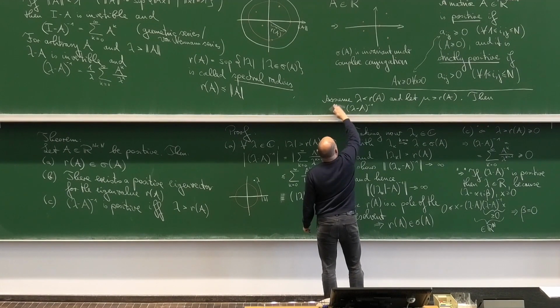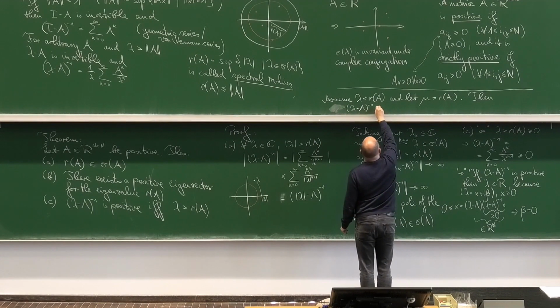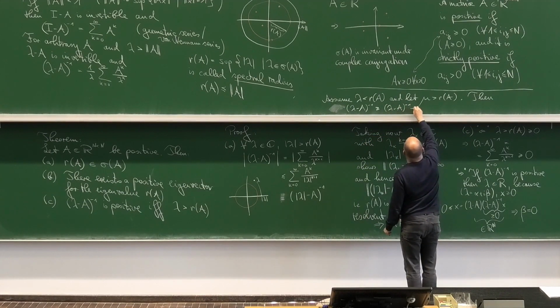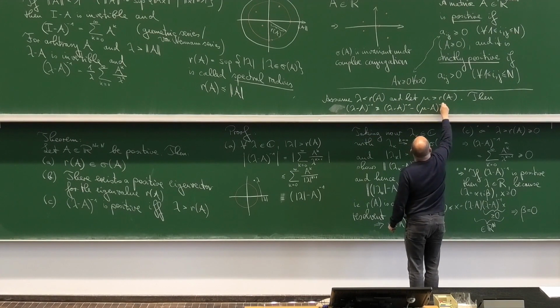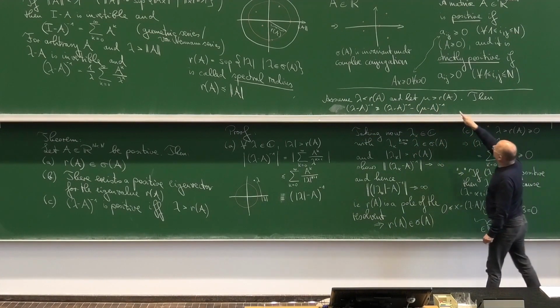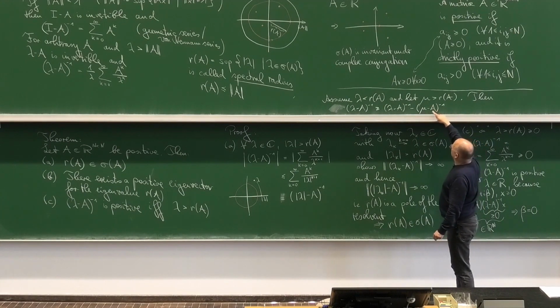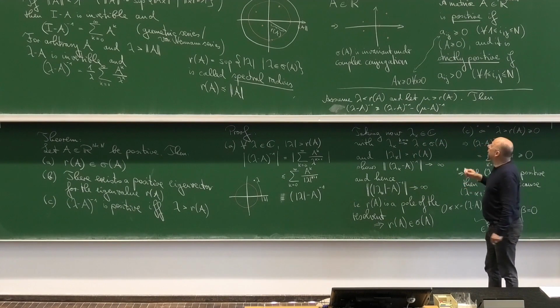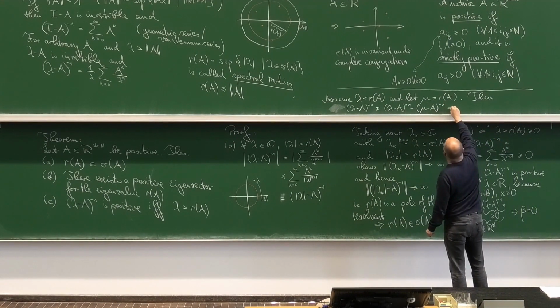No, we don't use this, but we know that this is from this positive matrix. I subtract again a positive matrix. I already know from the first part here that this resolvent is positive. I subtract it, so I get something smaller component-wise. And here I have the resolvent identity.